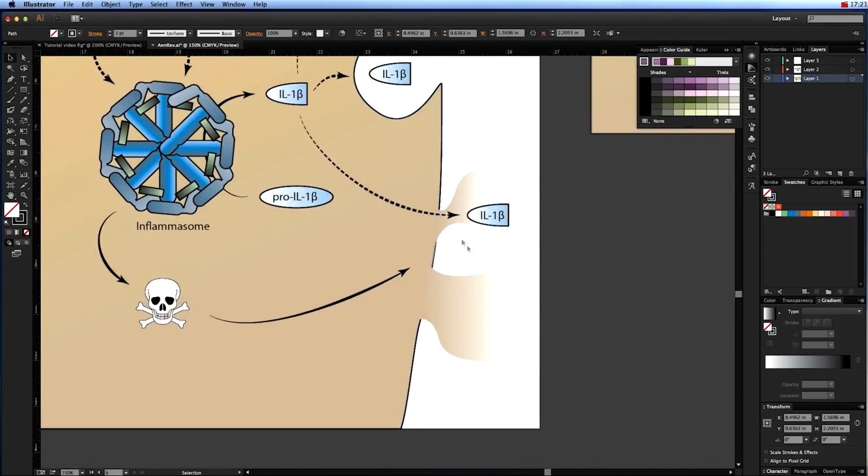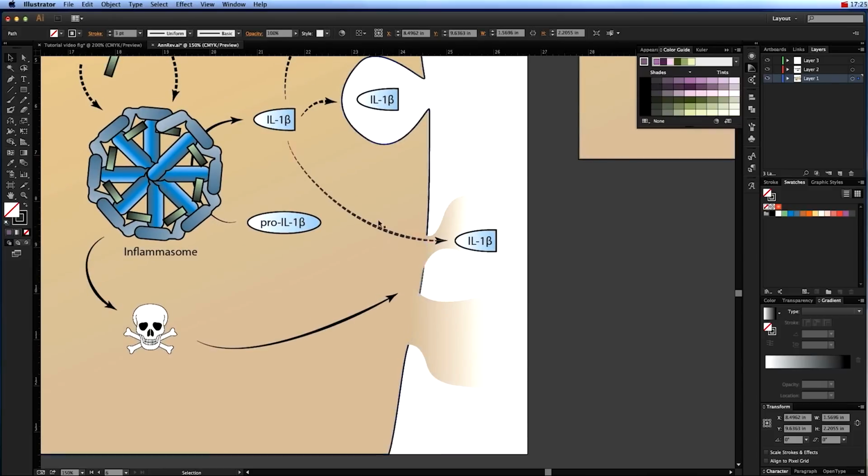This was a little bit tougher. Maybe I'll show you how to do this. This is because during apoptosis, when you get an inflammasome going, the cell membrane will start to break down and you'll start to get lysis of the cell. But this is not actually that difficult to do in Illustrator. So